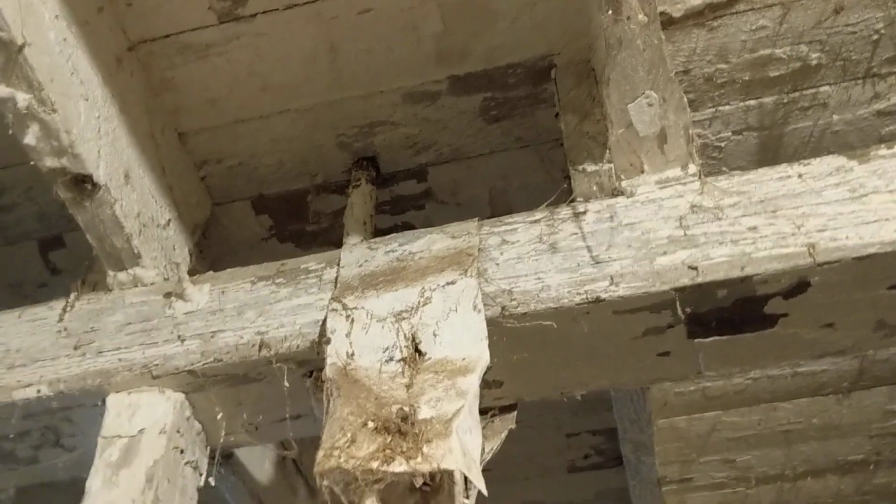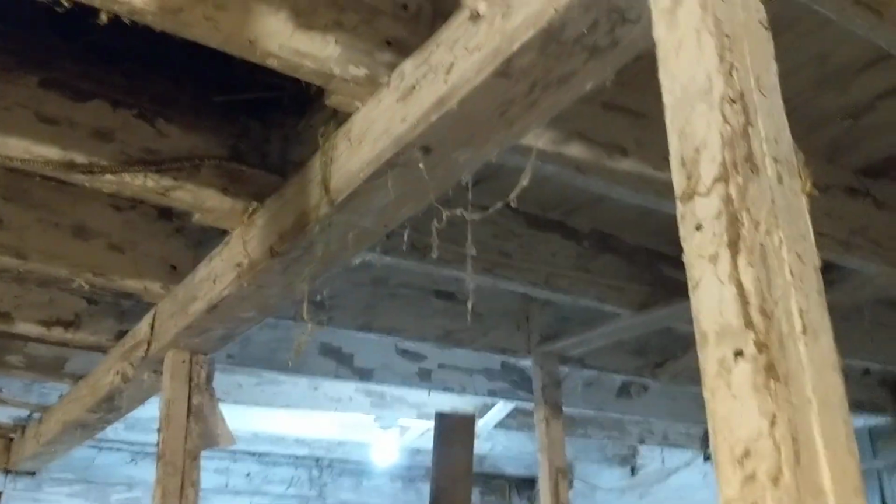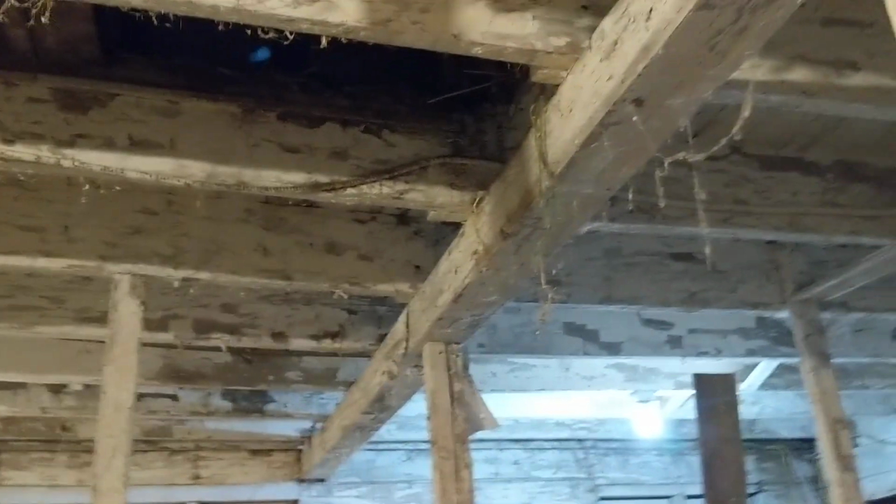You can't tell from down here because it's covered with whitewash, but up in the dairy barn, up in the hayloft, you can clearly see that they're hand forged, and you can even see a lap weld, forge weld joint, which is so freaking cool. So those are wrought iron,